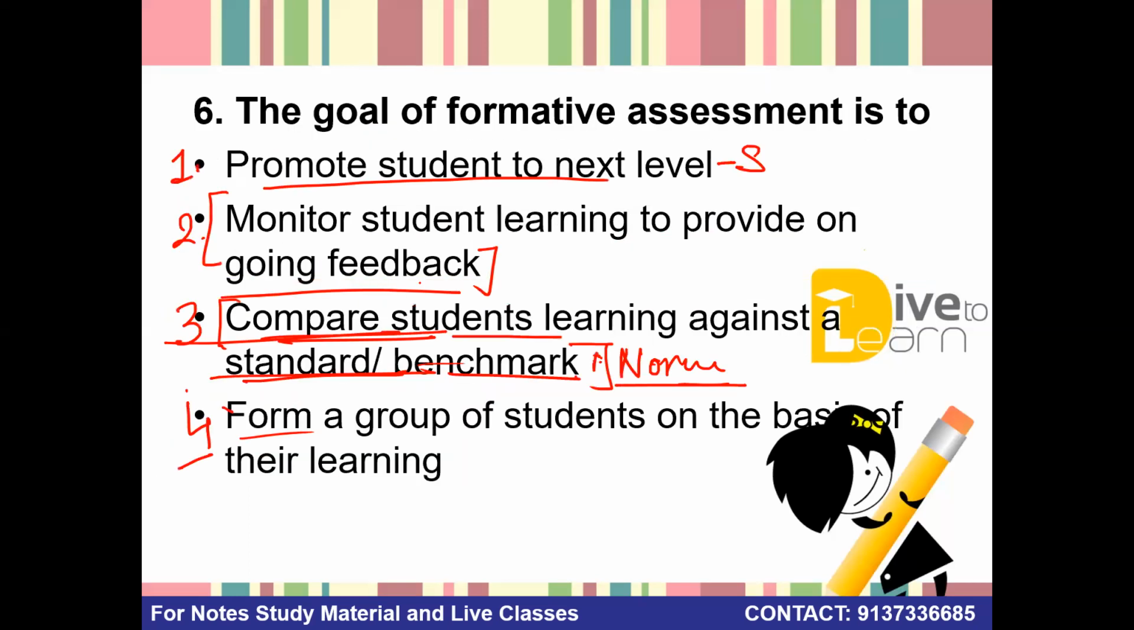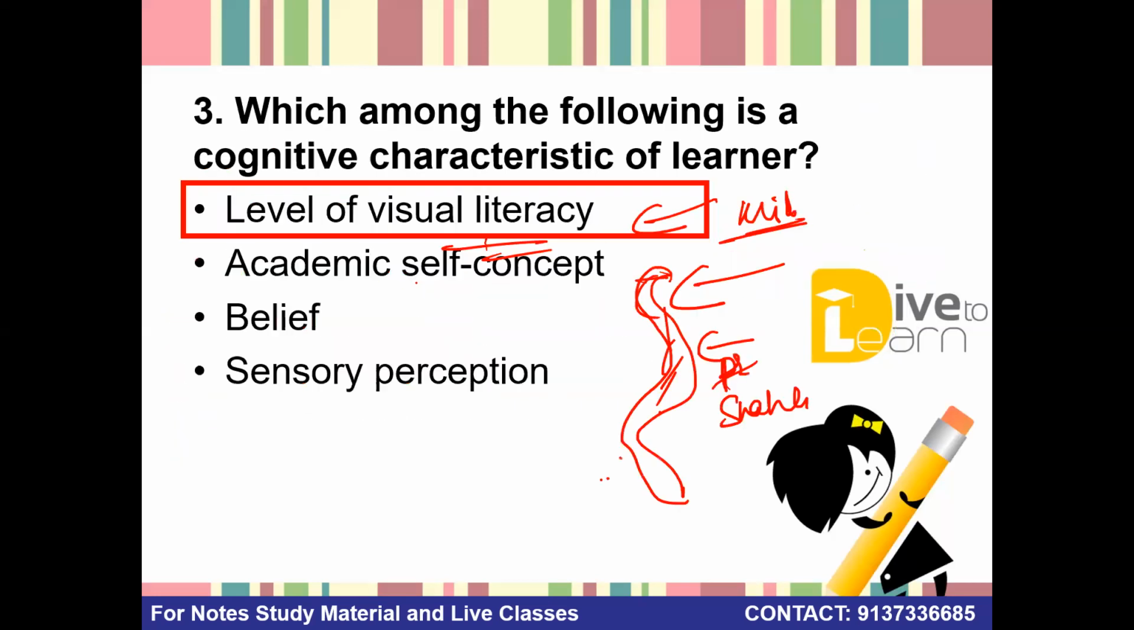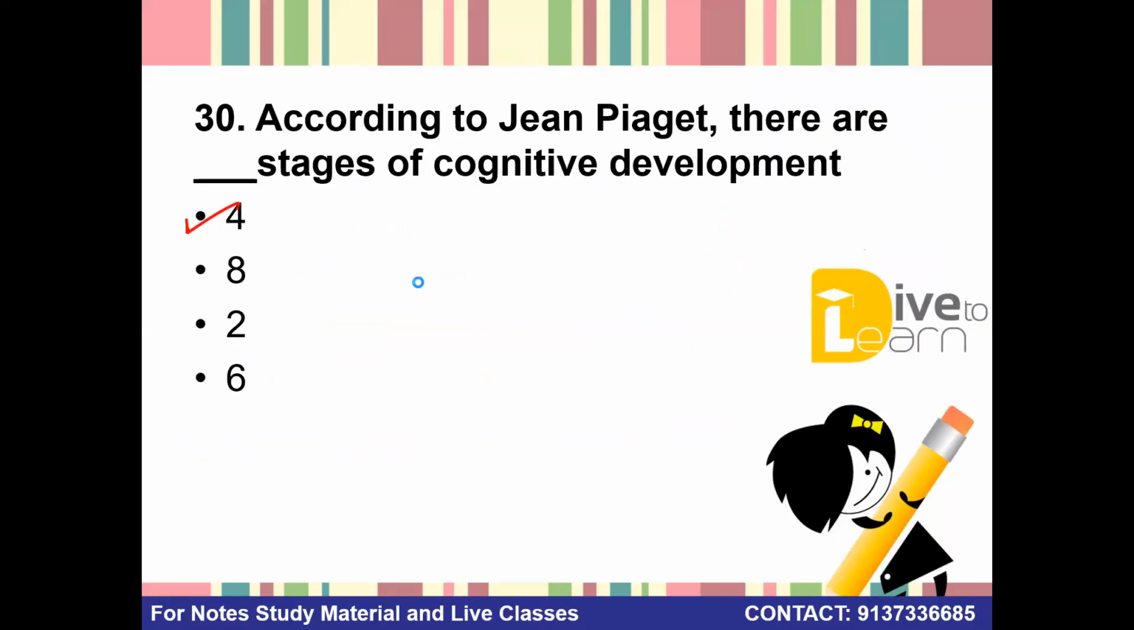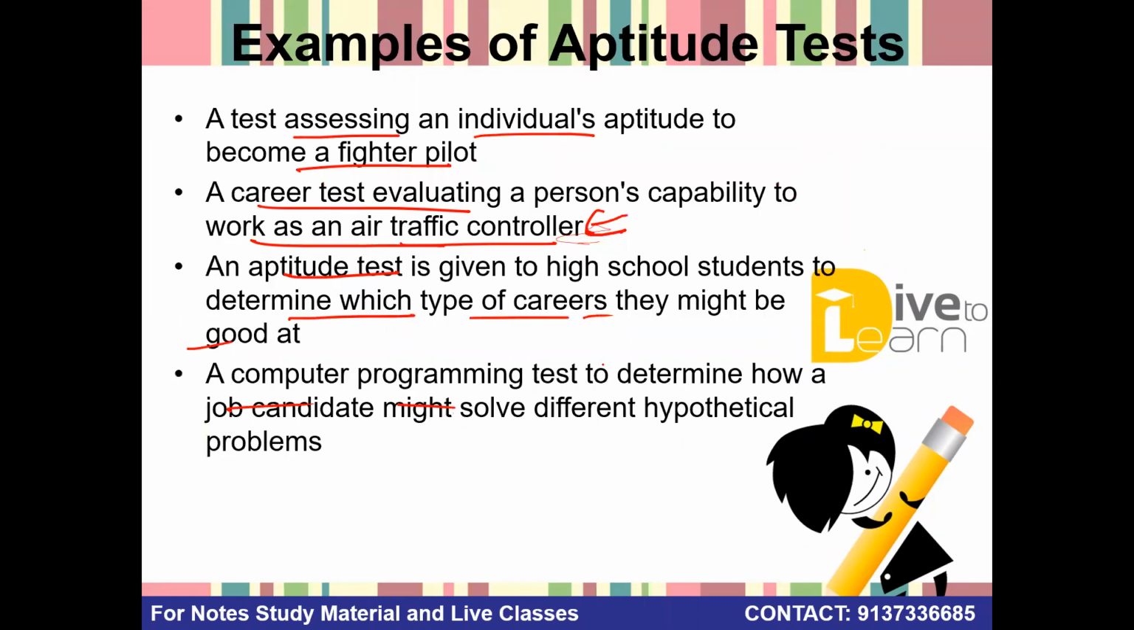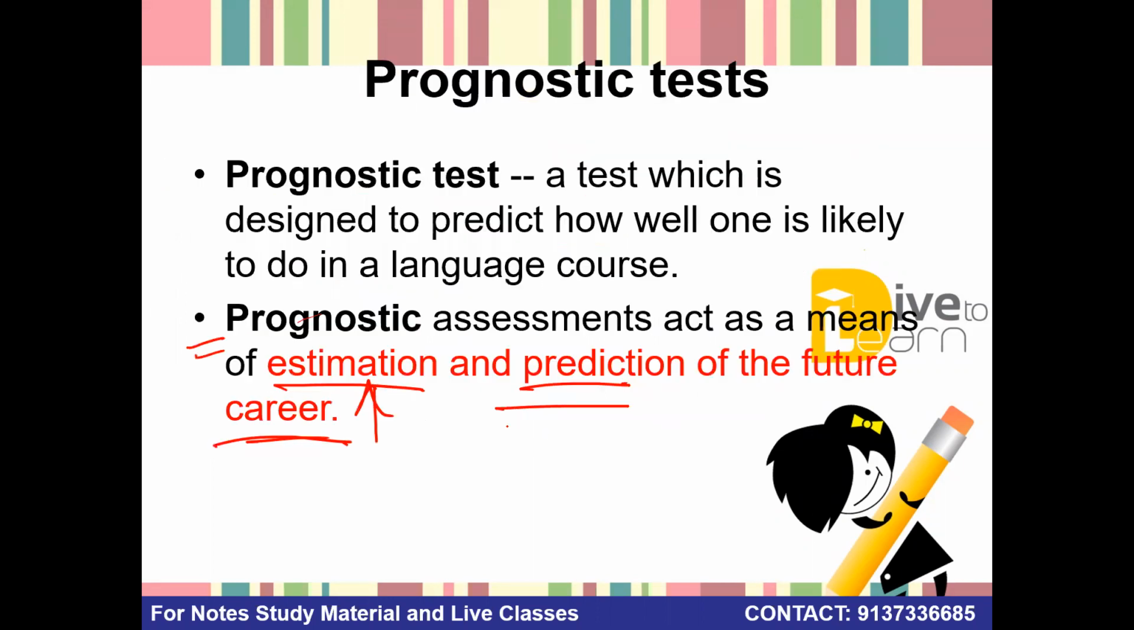Analytical aptitude we have already discussed some time back. I'll just take you back. In aptitude, we are testing on person's level of competency. What is a person capable of learning? Okay, for academic potential and career potential, for both we use aptitude test. Examples for testing a person's capability to work as an air traffic controller, testing on programming skills. Okay,